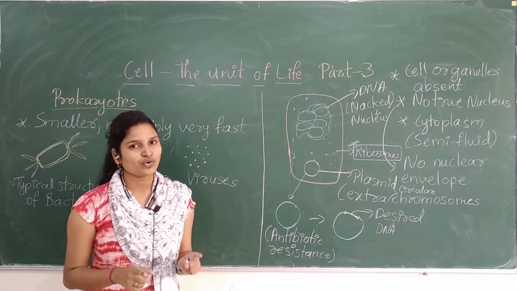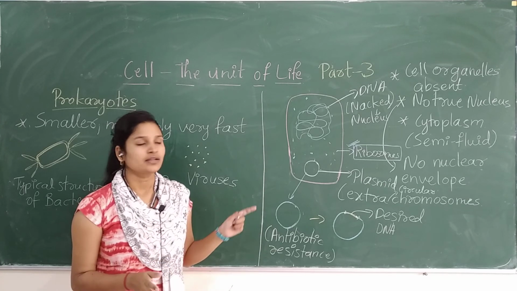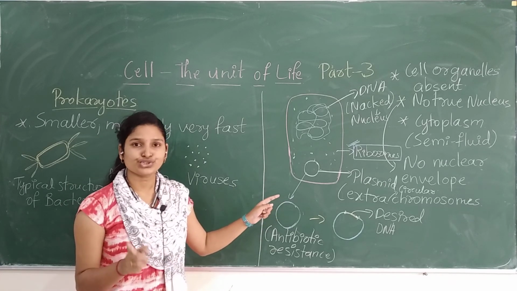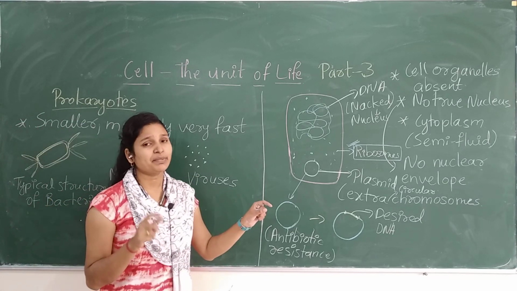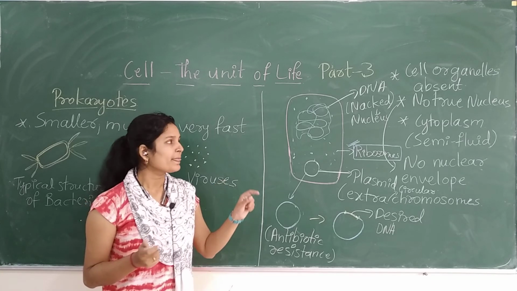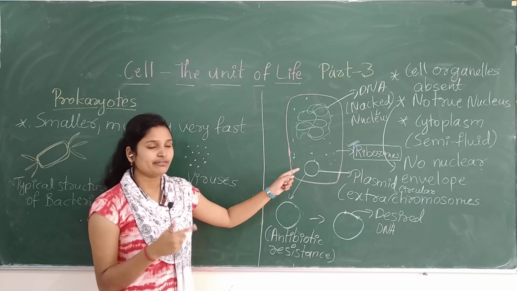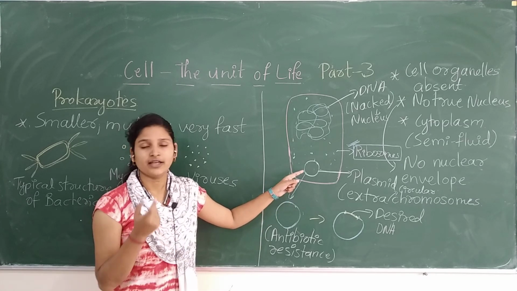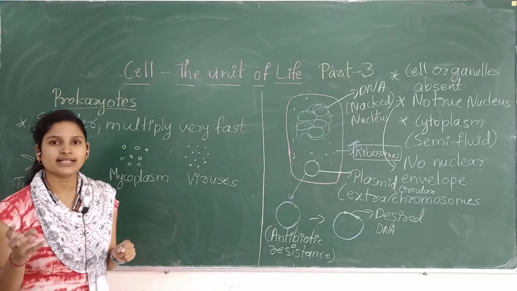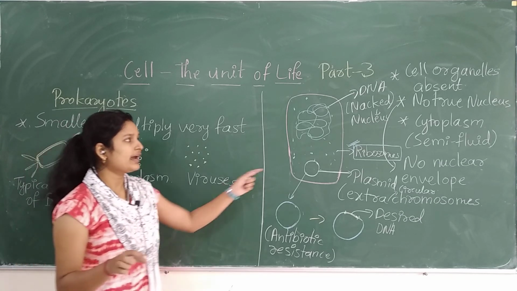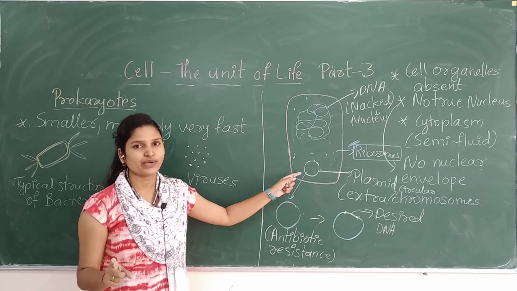See, the difference between prokaryotes and eukaryotes is very important. Try to compare the things. When I tell you about the eukaryotes, you should compare and conclude whether these structures are present in eukaryotes or not. Because I have already told you prokaryotes are simple organisms, they multiply rapidly, and their size is very small. But compared to eukaryotes, the size will be a bit bigger and all the cellular organelles will be present in eukaryotes.